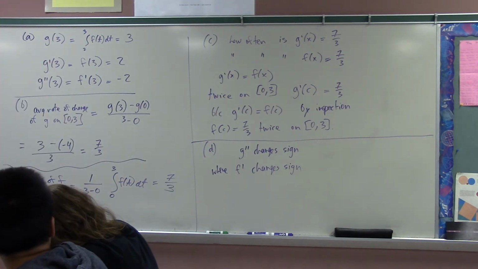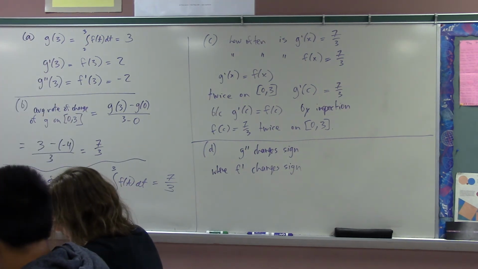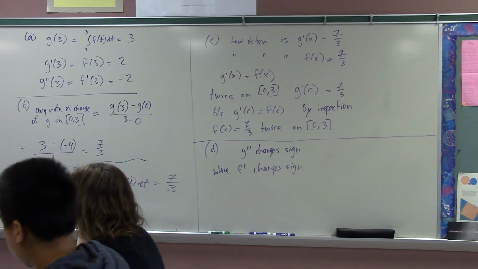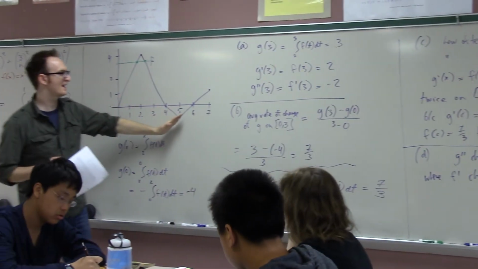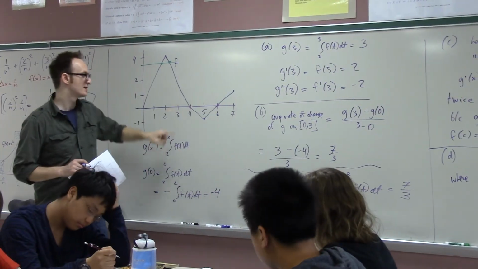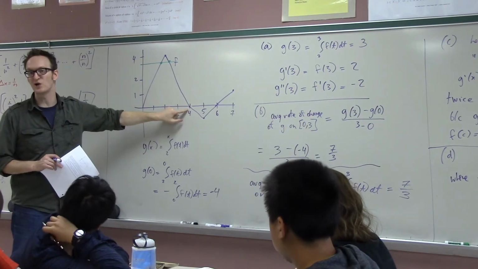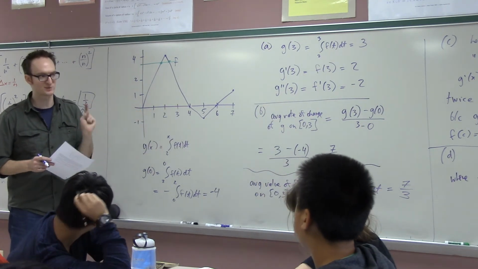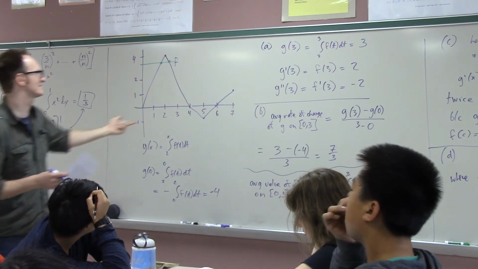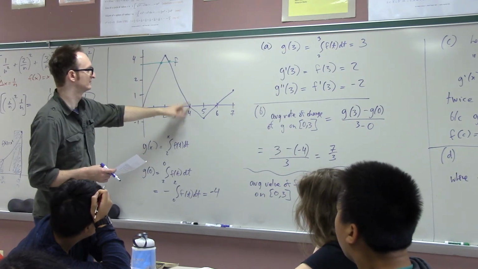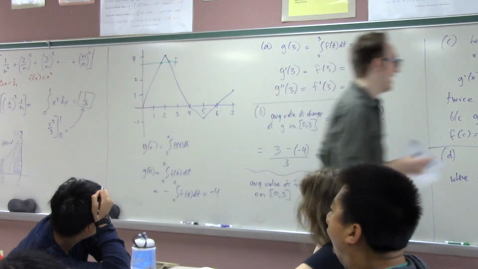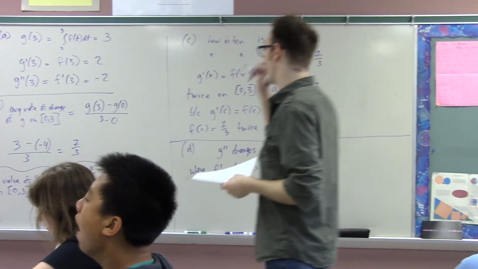F prime is just the slope of F. F prime is positive, then F prime is negative, then F prime is still negative at 4, and then F prime becomes positive again. Because it's not just when F prime is 0. In fact, it's not even 0 here, right? It's like undefined or something. But anyway, it's where F prime changes sign. So the answer is,